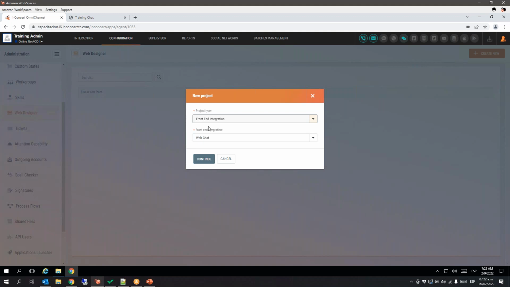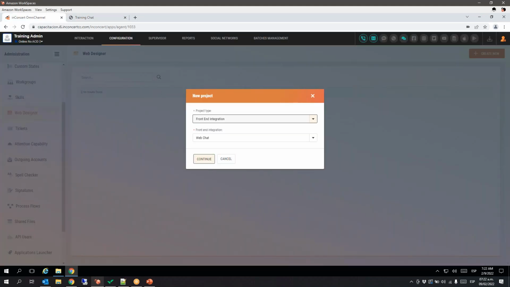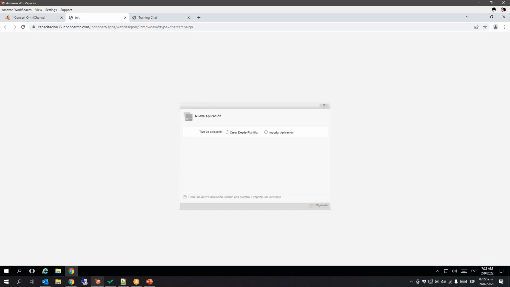Okay, thank you. I'm going to start from the easiest one, that is front-end integration web chat, because we can use this exact example. Let's continue. If I want to, I can import an application, or I can create one from scratch. Okay. I will create